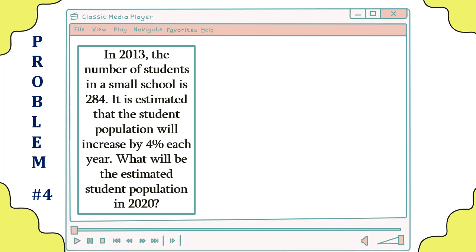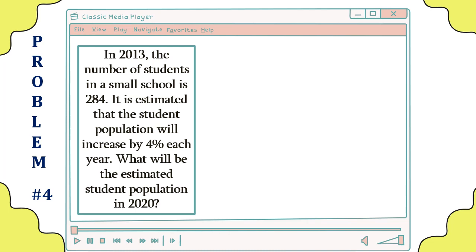So it is somehow related to our problem number 2 a while ago, wherein we had an increase of 1/2 of the previous month. Here, we will have an increase of 4% each year, given that we started with 284 by the year 2013. If we convert 4% to decimal, that is 0.04. And it's the increase of the previous amount, so we are going to have 100% of the last year plus the 4%. Therefore, our common ratio would be